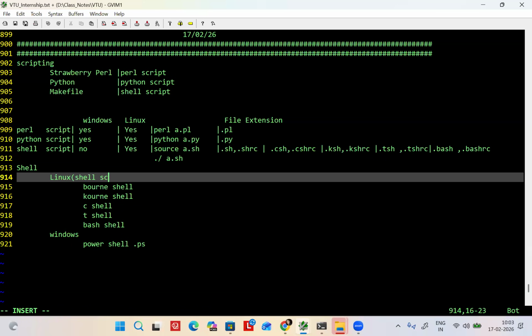Shell scripts are normally called makefile. When you run the tool and all, the files will be very huge. Shell scripts we call like makefile.